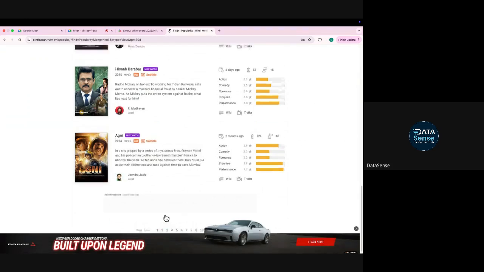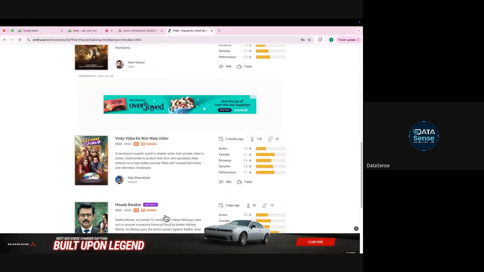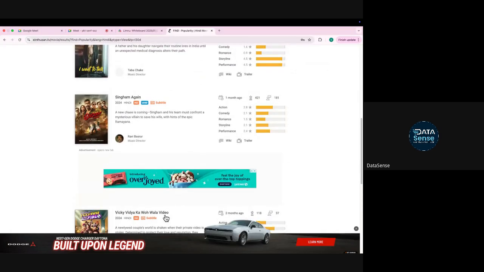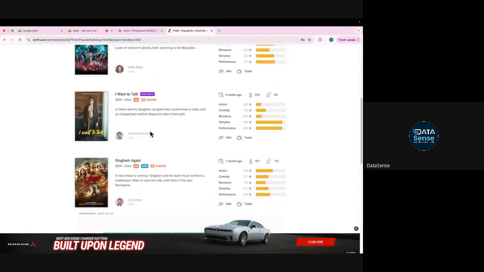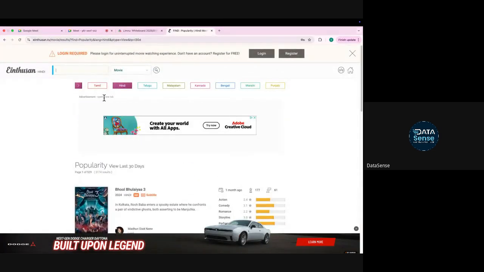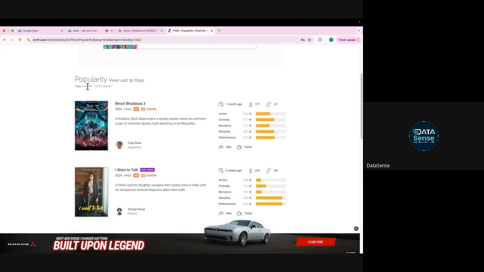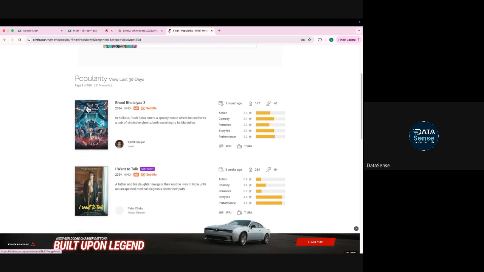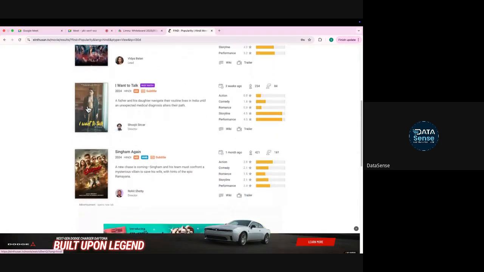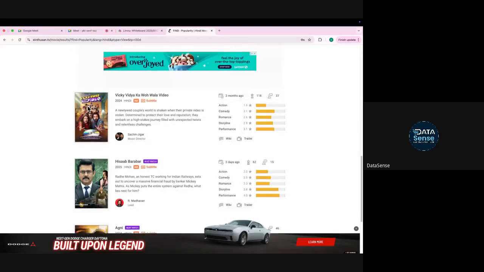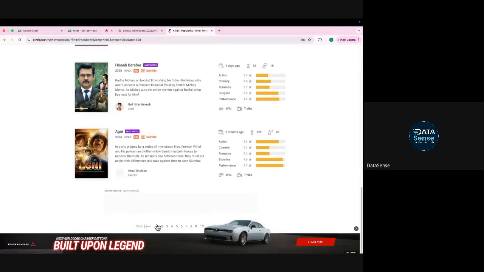Let's say I asked you to search for the movie Pushpa without typing anything in the search bar. You have to go to each page one by one. Right now there are like 529 pages, right? So first of all, on the first page I will check, do I see any movie named Pushpa? I don't see that, right? So after that I'll move to page number 2. Okay.